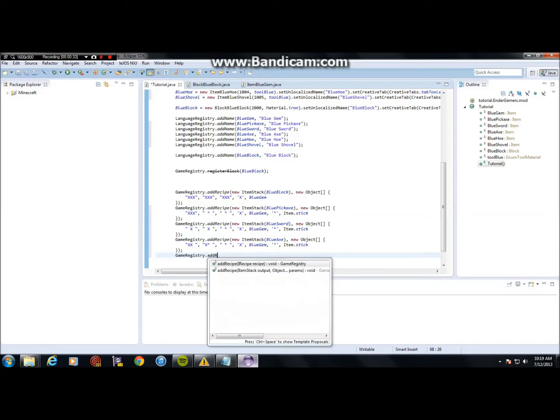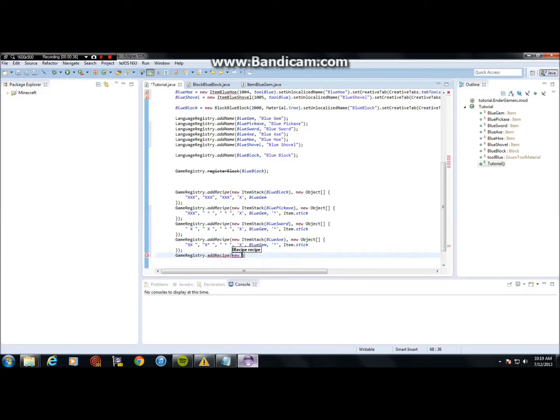Game registry dot add recipe parentheses new item stack and parentheses, then the blue hoe is what we're doing next, and comma space new object square brackets squiggly bracket, and then we want a semicolon at the end of that, and quotation marks we do to make a hoe just xx then comma space space asterisk space, oh, and there's a space after that 1x, then comma space space asterisk space comma apostrophes x